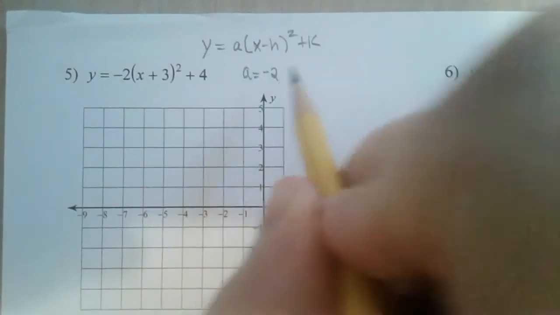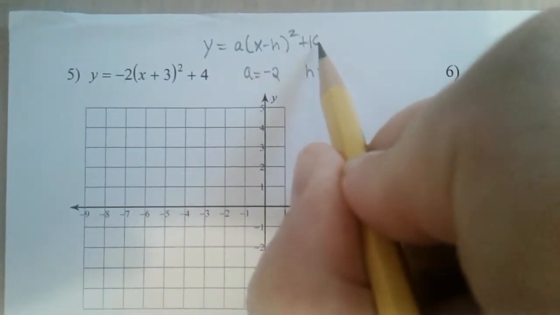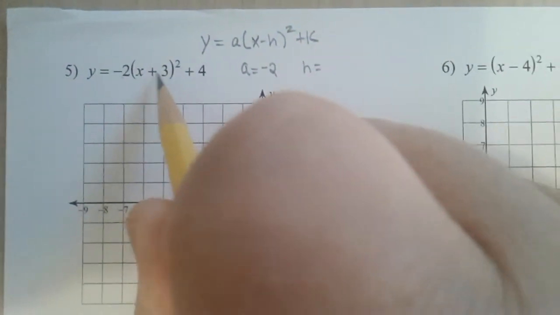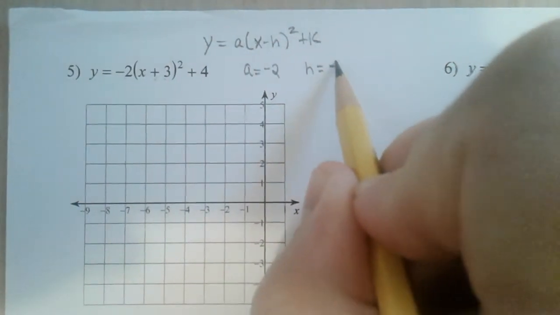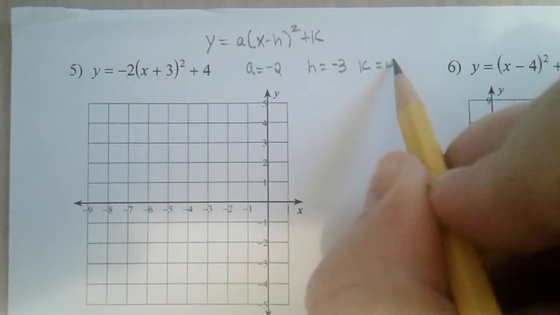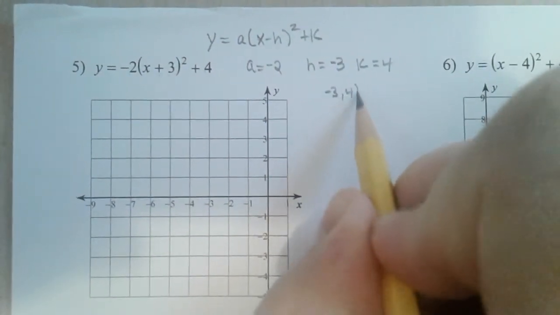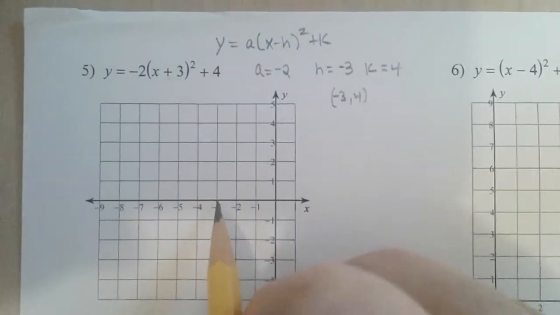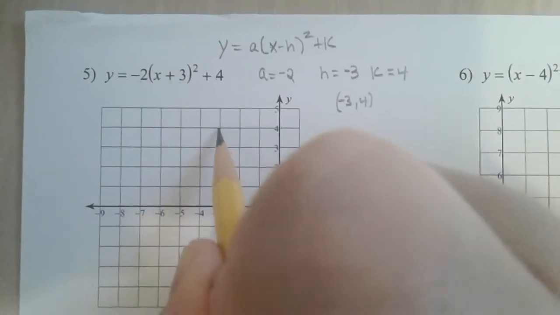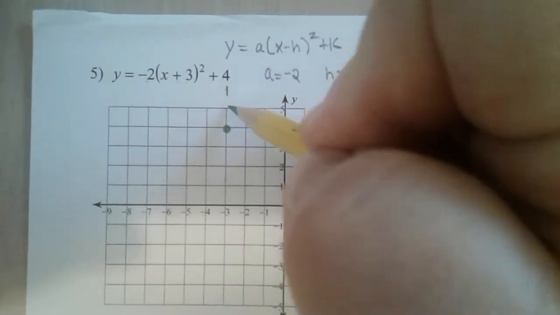A is always what's up in front of the parentheses. Remember, we always say switch the sign of h, keep the sign of k. So I see a positive 3 here, I want to switch that sign. I see a positive 4, keep the k. Switch the h, keep the k. So my vertex is negative 3, positive 4. Okay, we know already that because the a value is negative, this one's going to open down, so